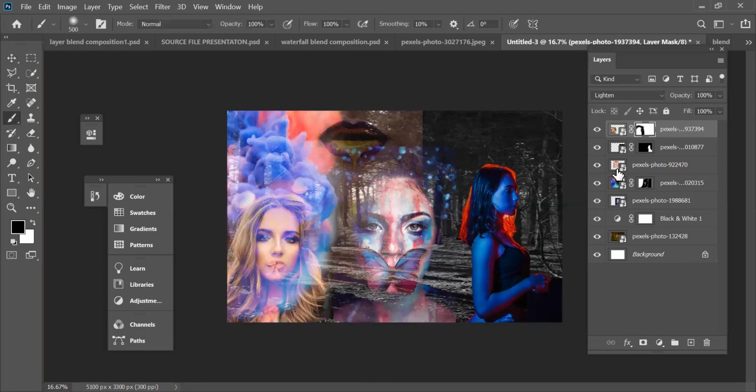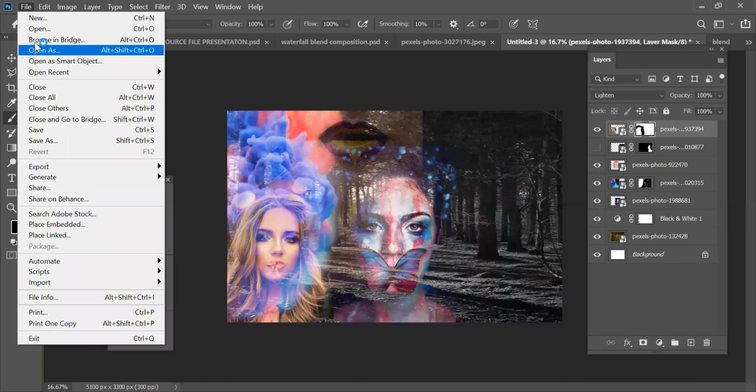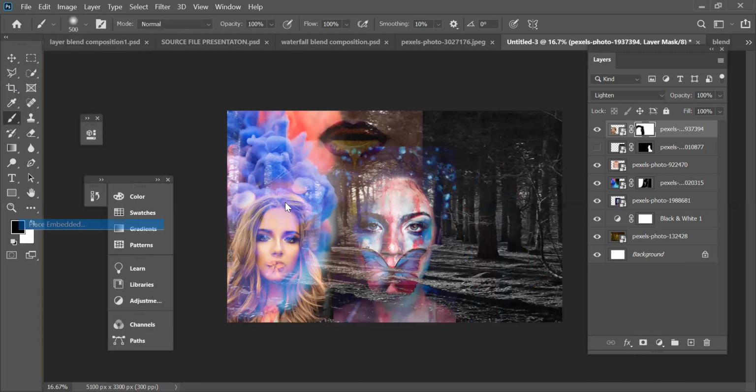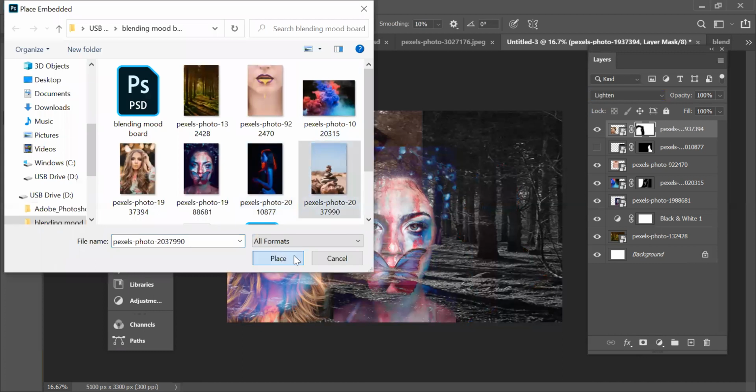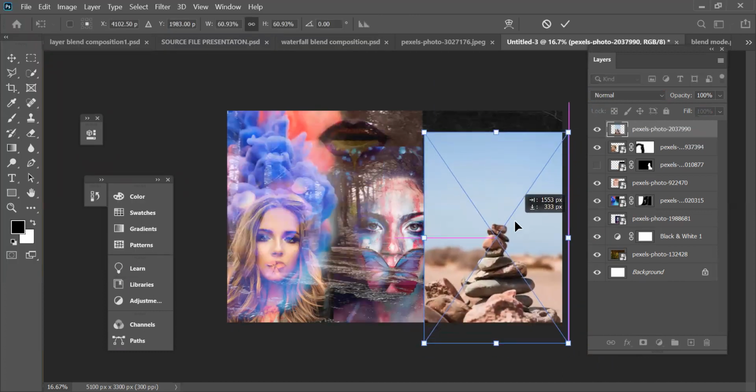That's it. The same way, if you don't want a certain photograph, you can remove it, or maybe have another photograph here. Like, I'll just add place embedded, place another photograph like this over here, and I'll simply use my masking tool.